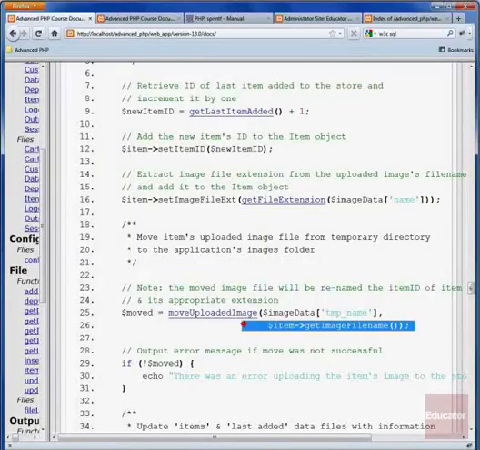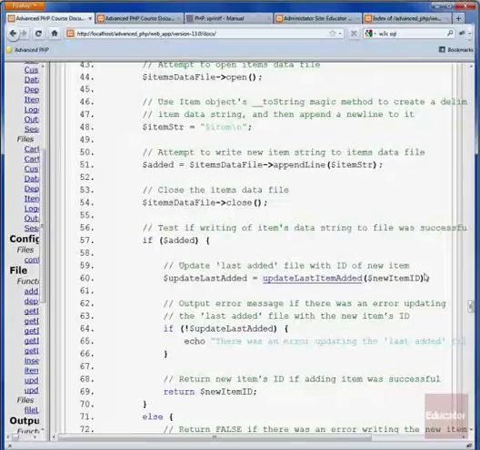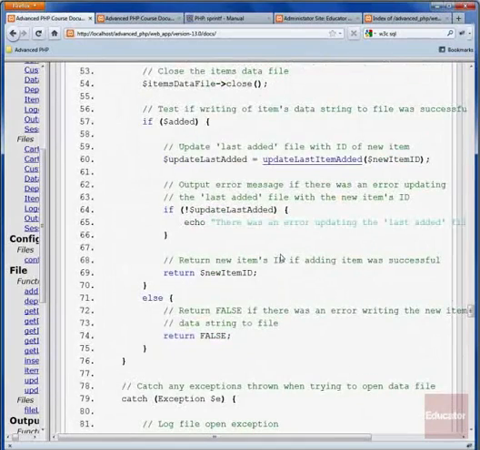It would go ahead and move the uploaded image. And then it would insert the item into the database, which is our items.txt file, and then update the last added text file with the new ID. So basically what we've done is we've eliminated this function, and we've taken all the functionality, not only updating the database with the item's ID, but also moving the image, and we've moved that all into the beginning of the